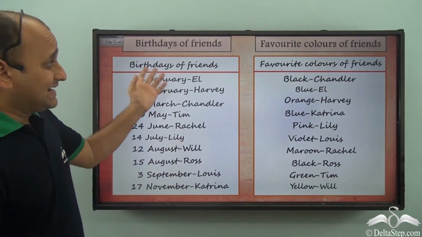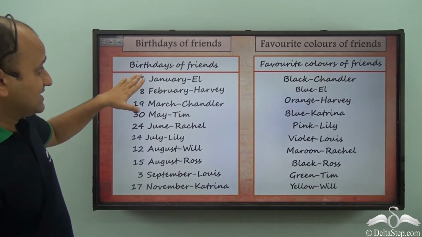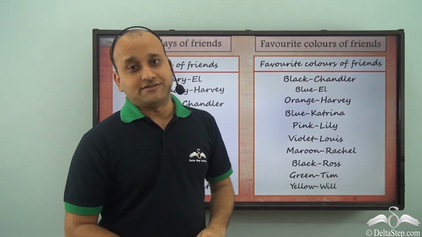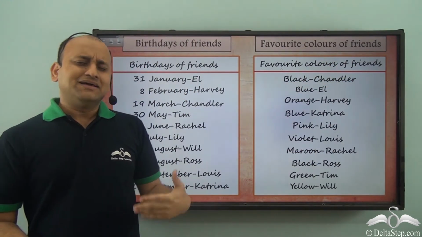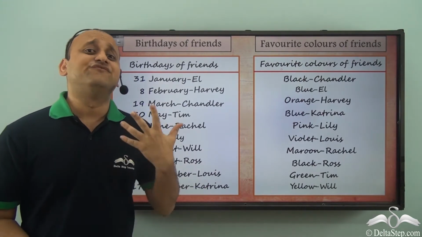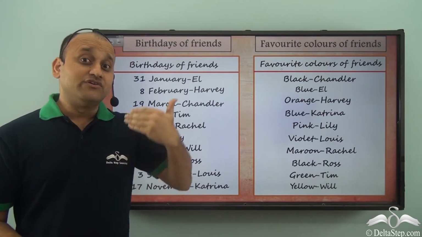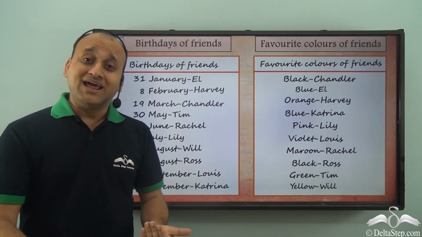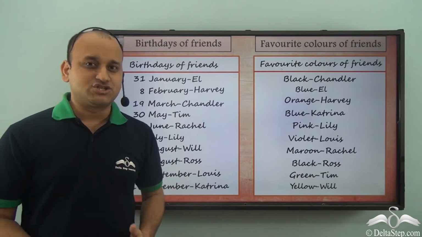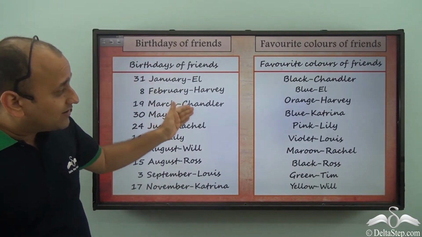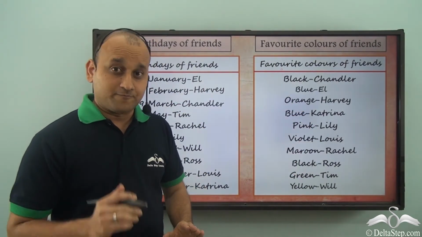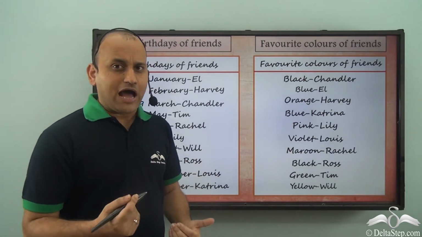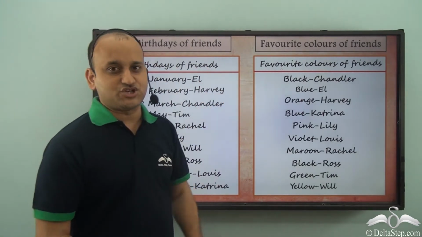We have some collected data here. First list is birthdays of friends and second is favorite colors of friends. Now, you have already learned that representation of data is very important, because only when you represent data in a proper manner, you are able to extract information conveniently and with less chances of error. Now, this data is already represented in an organized manner to some extent, but we can actually improve it a lot. So, how can we actually improve the representation of this data?